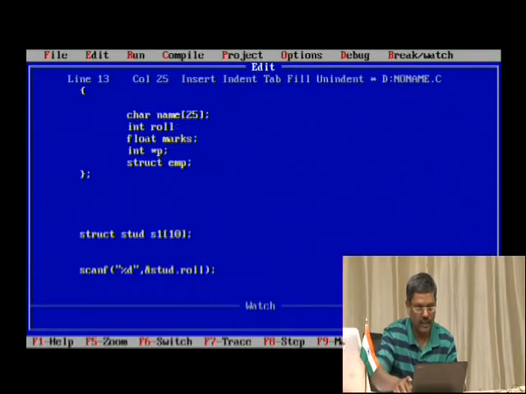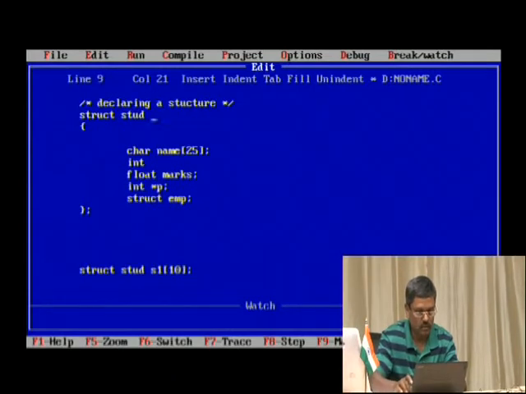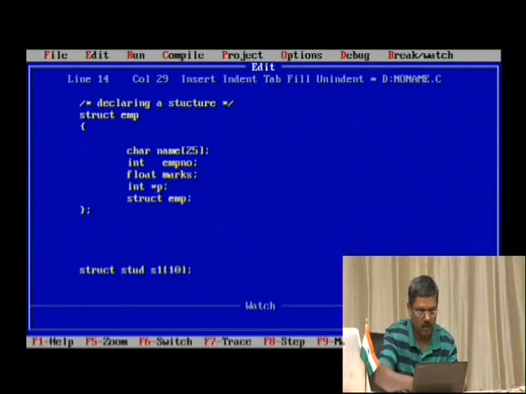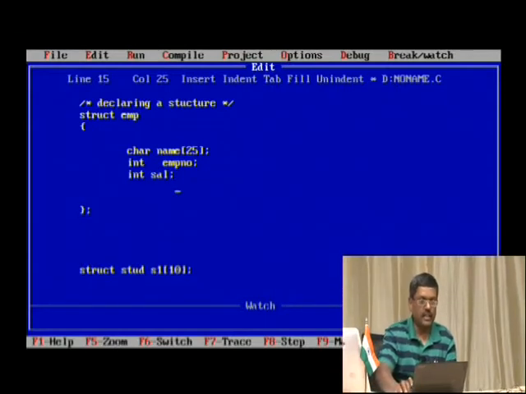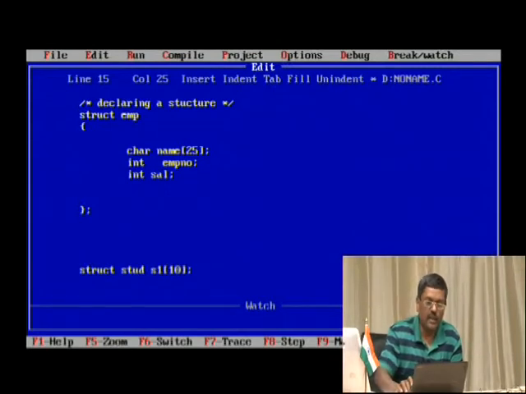What I do is I will retain this name, and then say employee number, EMP number, and then salary. Okay, so I have created a structure here called employee.